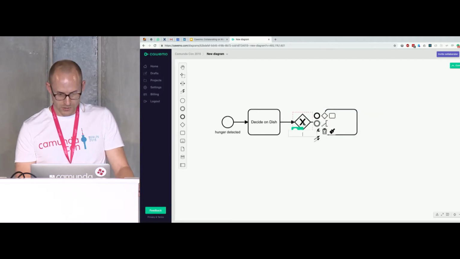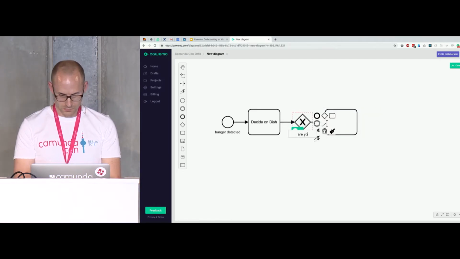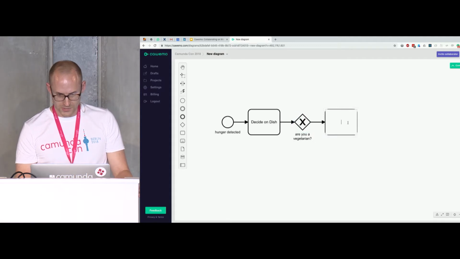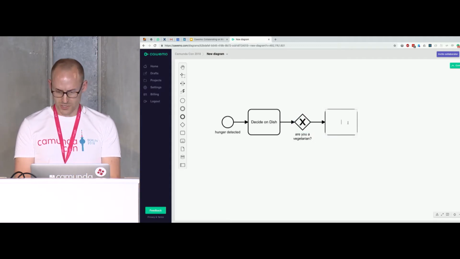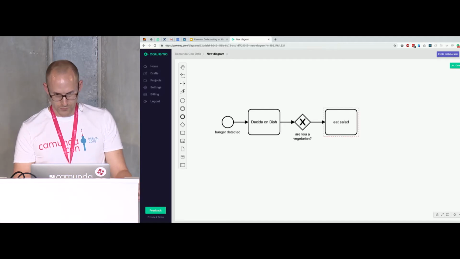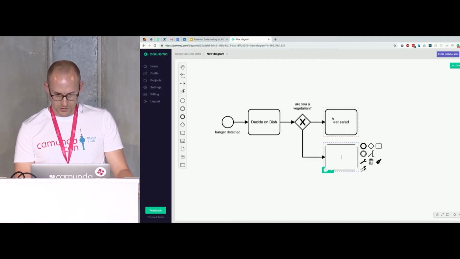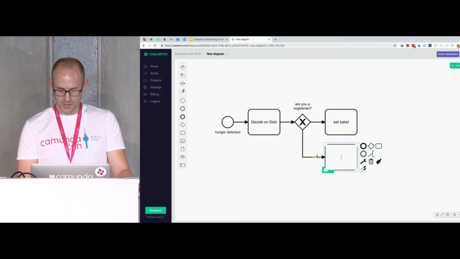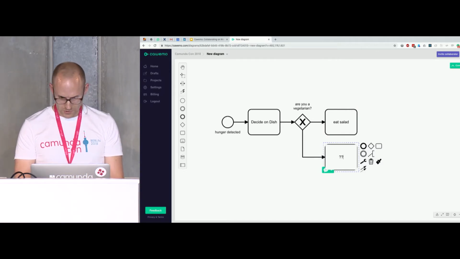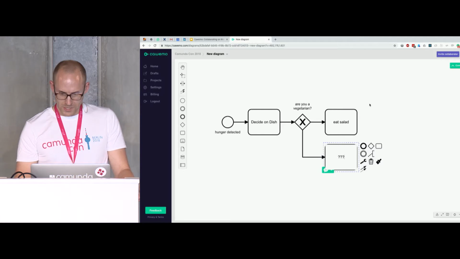I'm a vegetarian, so in that case, I would obviously eat something vegetarian, maybe a salad. And if I'm not a vegetarian, that happens to some people, they would order something else. I have no idea about what this could be, so let's leave this open.